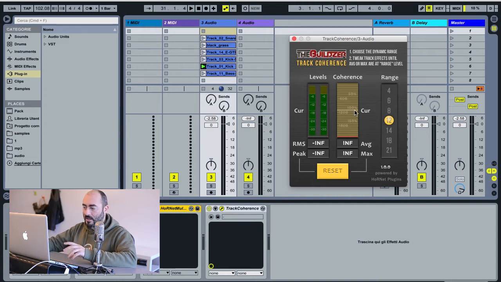Internally the plugin has an intelligent gate, so silence is not considered in the computation, and also very low levels are not considered. The gate adjusts its range according to the maximum peak found, so it's always intelligent and tries not to cut out sounds that actually deliver content. And on the leftmost you find the levels, the real-time peak indicator,